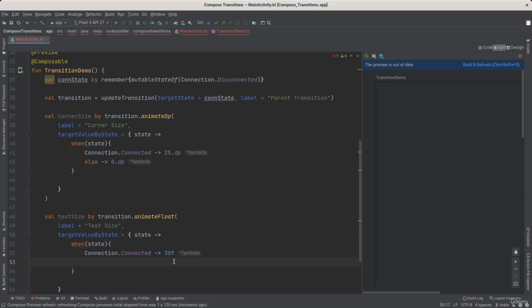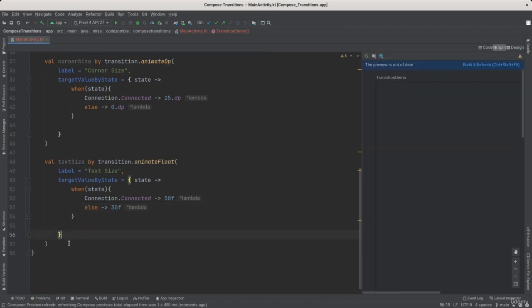I will create SP units from this value, and else otherwise, which leaves us only with one other option, which is connection.disconnected. Actually when it is disconnected we will return 30F, and when it's connected we will return 50F. Okay, now we have two transitions